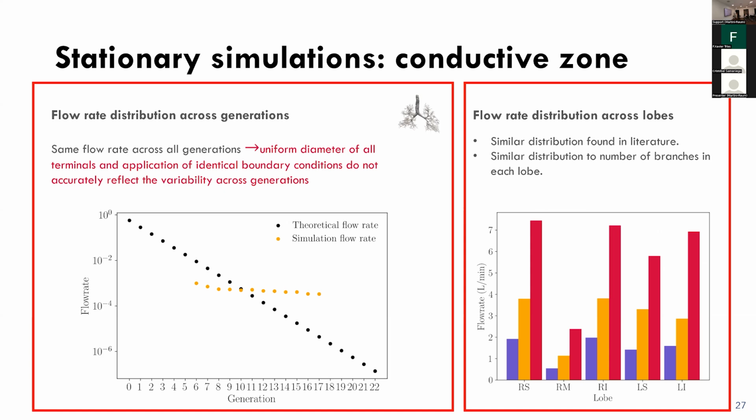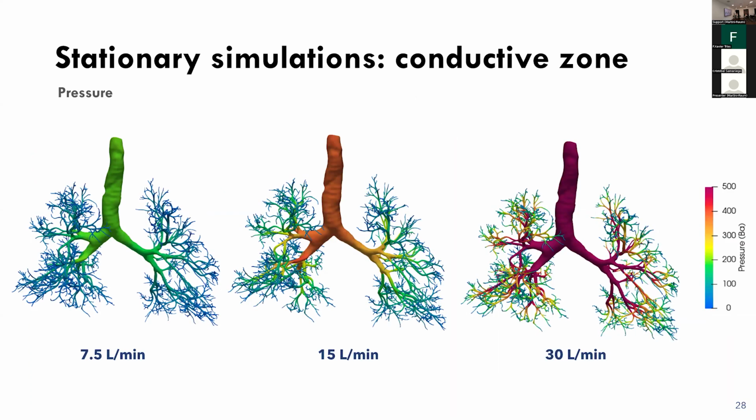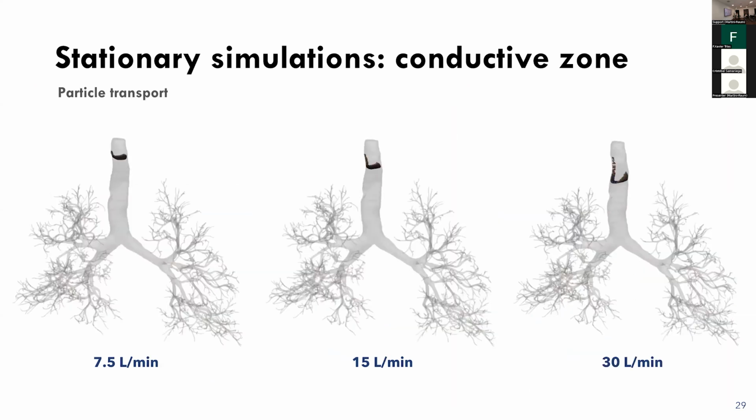And some statistics about the flow rate across lobes, because this is a typical way to use that data in a whole structure. These are some fluid pressure fields for these different flow rates, and these are,